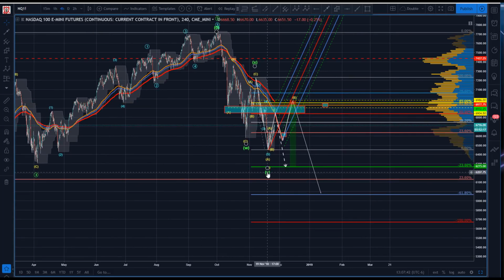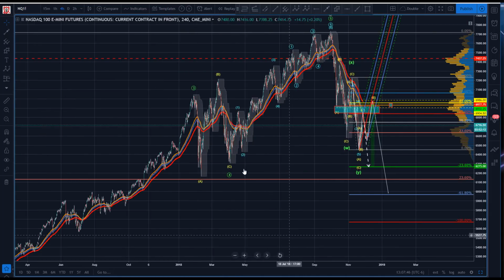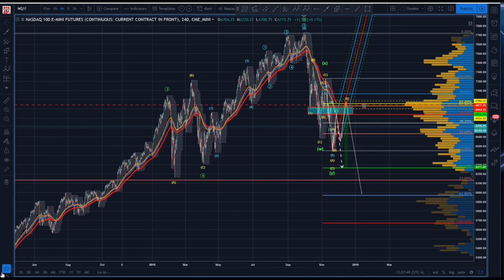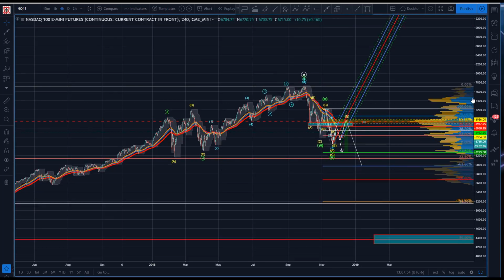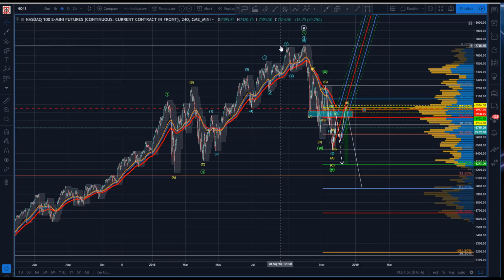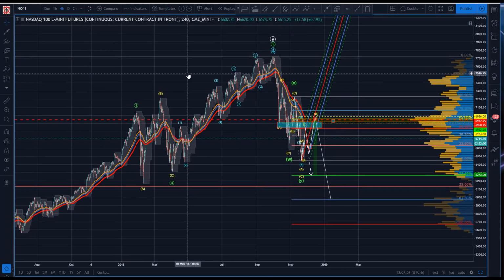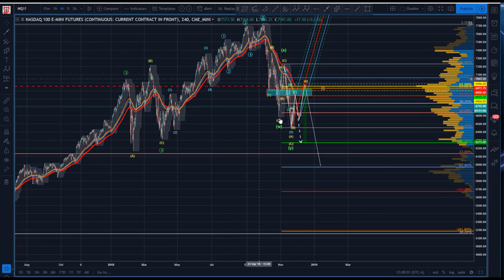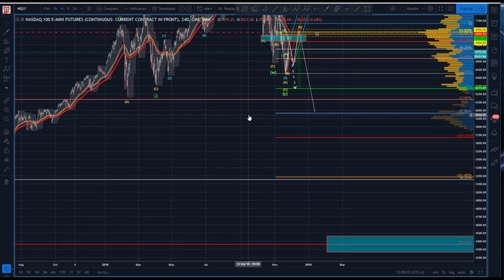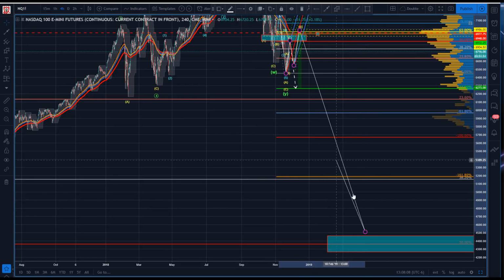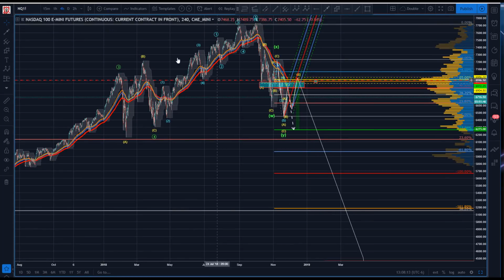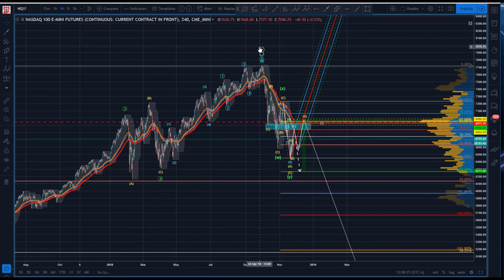If this is WXY, then we have made, so then there's no way, right? If we think about where that is in the context of the entire move, knowing that a 50% is way down here, well, then it's unlikely that this is our top. There's no other way to resolve it here. It would be very low probability that we would have this all heading down here based off of what we see so far. So either this is not the top, and